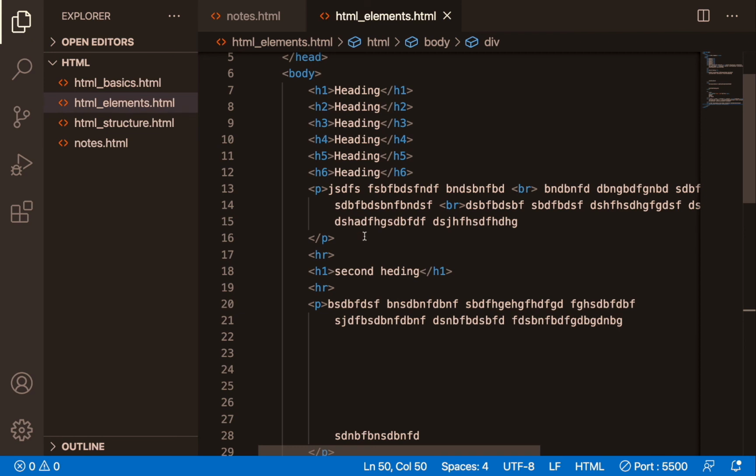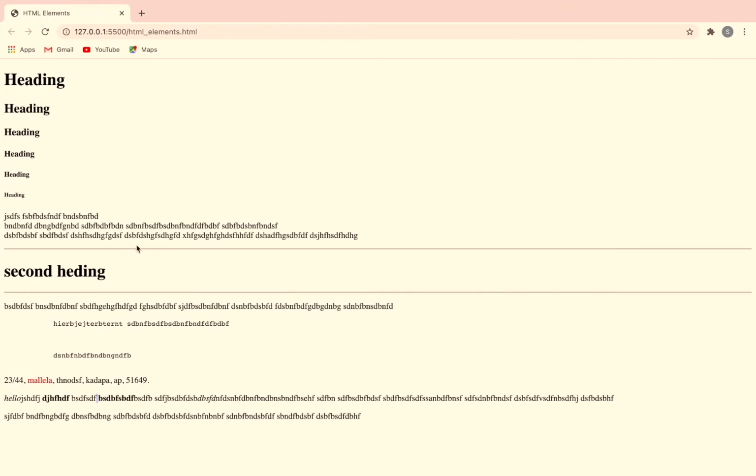If you want to write some paragraph, you can use the paragraph element. If in between a paragraph or div you want to break some text to the next line, you can use the break element. Similarly, the horizontal element will give a horizontal line like this.